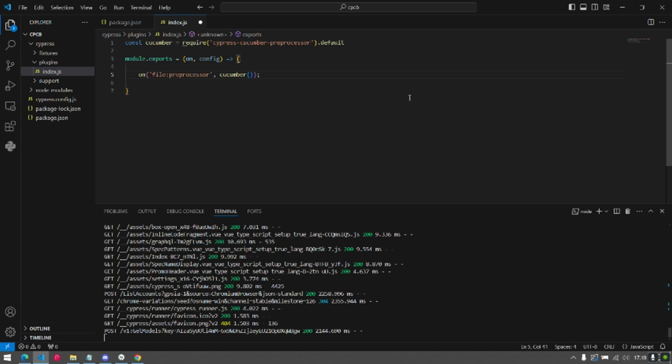You can add a semicolon or not, it's up to you. It's done. We have added the script inside of the index.js file.